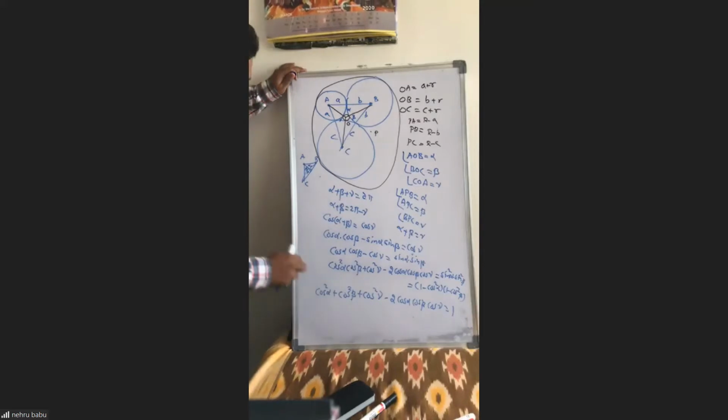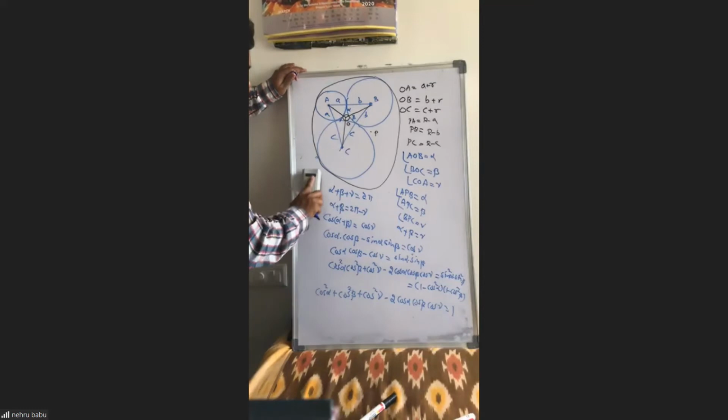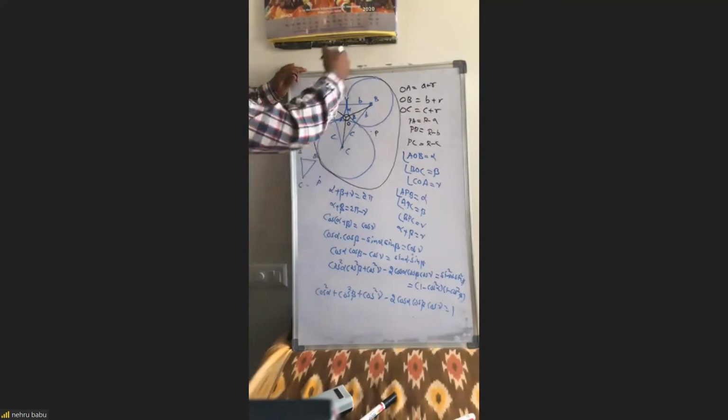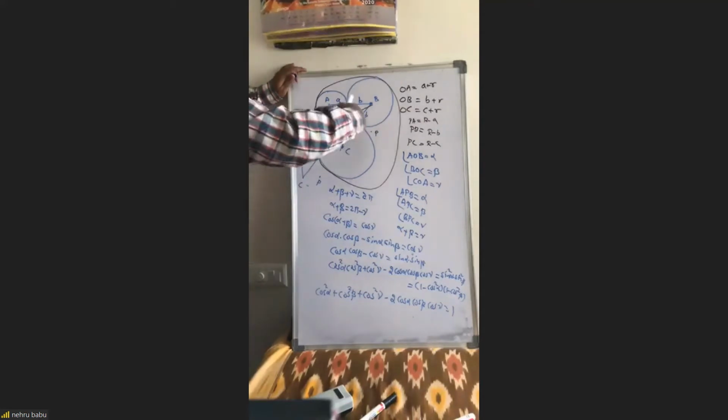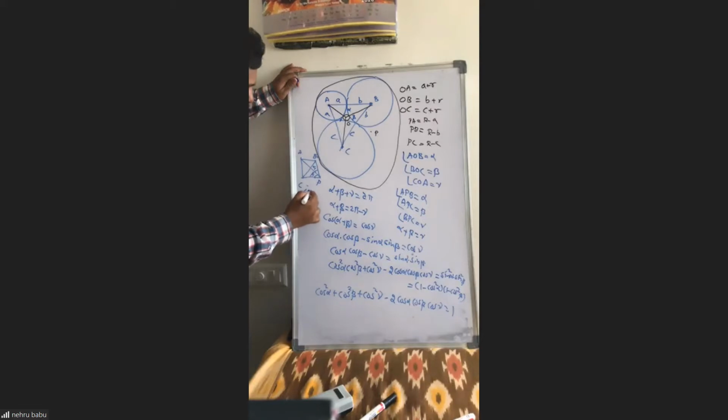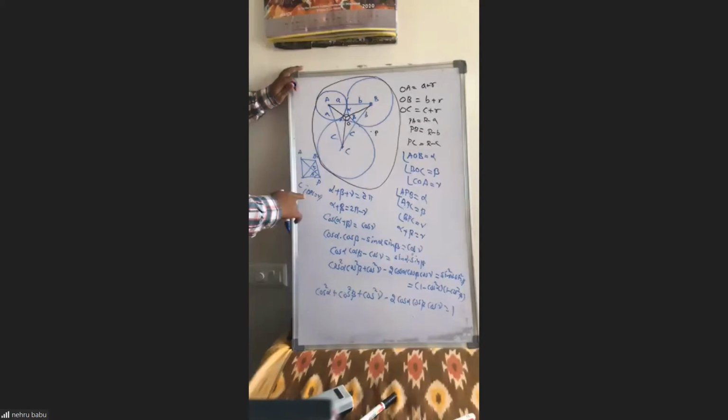Yes, sir. For example, if P is outside of triangle ABC, if you take the circumcircle like this, the circumcircle is outside of ABC. In that case, what happened? I am assuming like this. Angle APB is alpha 1, for example. Angle APC is beta 1. Angle BPC is gamma 1. Then alpha 1 plus beta 1 equal to gamma 1 you will get. So once again, in that case also you will get the same equation.